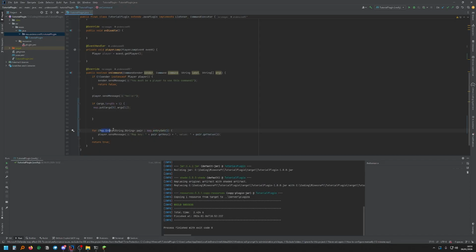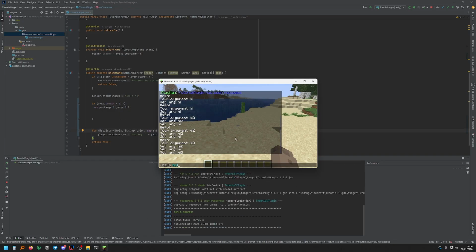entries, and then you can iterate over Map.Entry String. This syntax, yeah, it's a bit confusing, but you'll get used to it. And then you just call pair.getKey, pair.getValue to get the key or value. So if we compile this and